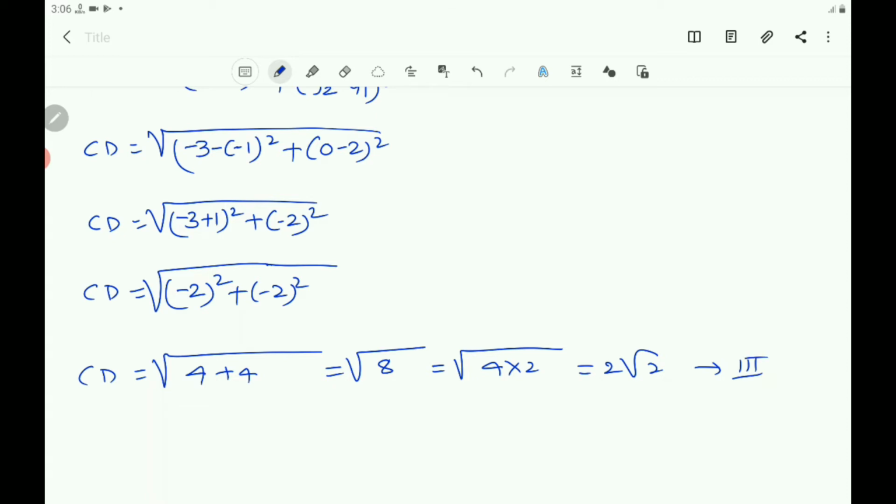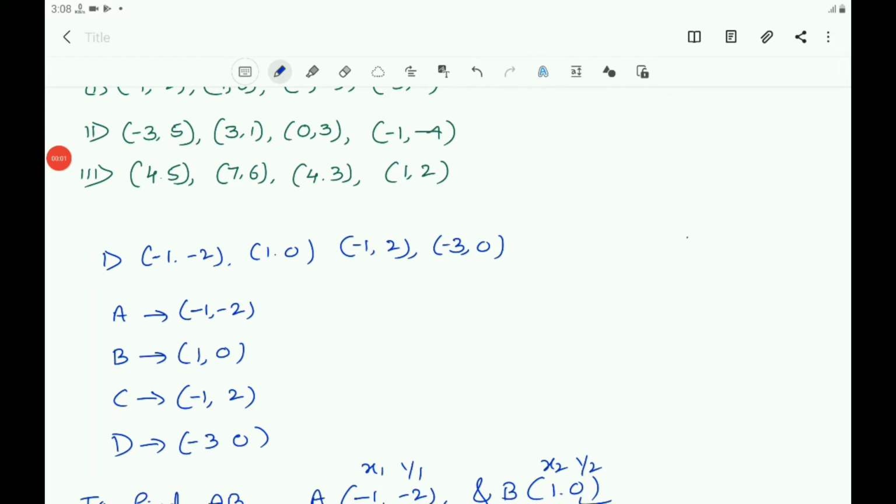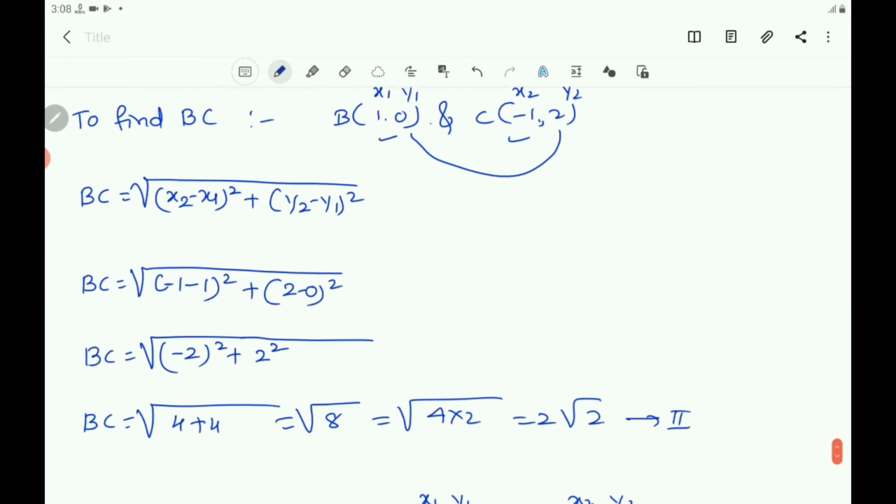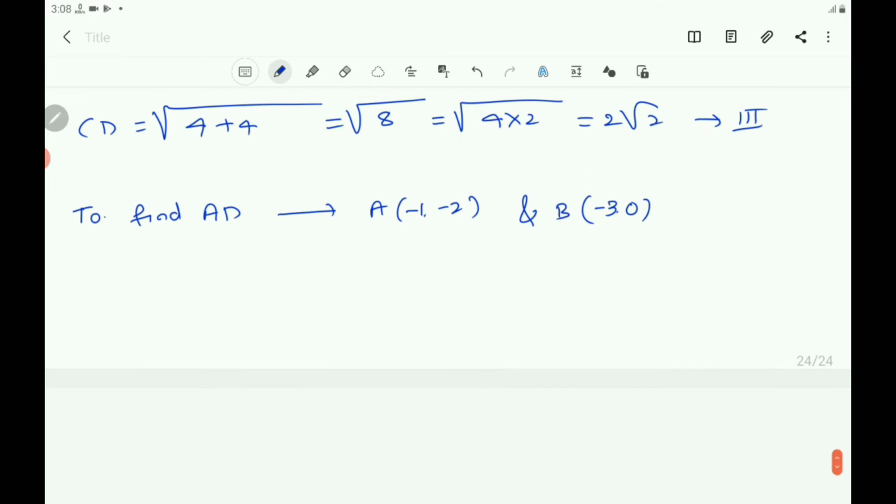Third one you got. You got three sides AB, BC, CD. Now let us get DA or AD. A is a point with coordinates minus 1, minus 2. D is a point with coordinates minus 3, 0. So to find AD,